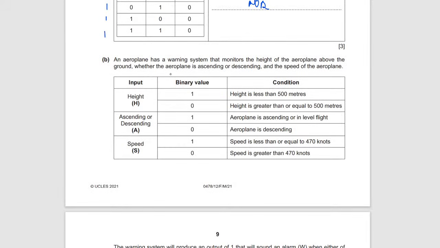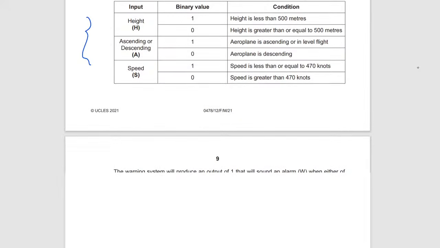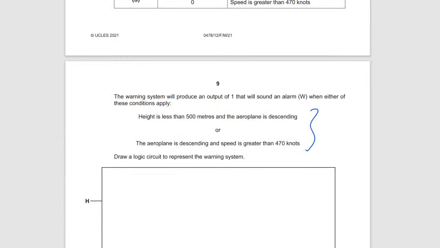It says an airplane has a warning system that monitors the height of the airplane above the ground, whether the airplane is ascending or descending, and the speed of the airplane. So we are being given height, ascending or descending, and the speed. And then right here we're being told the conditions. So that's the main part right here. So let's start off,